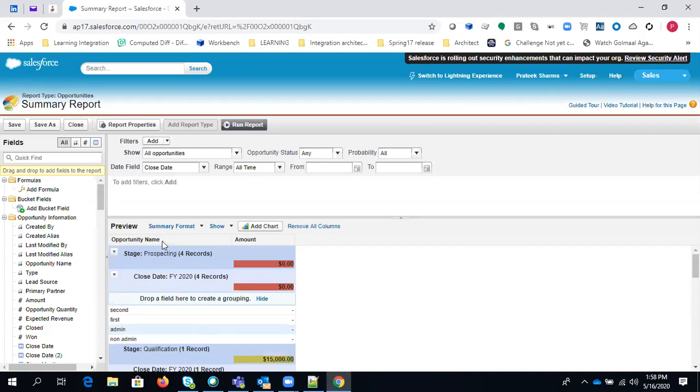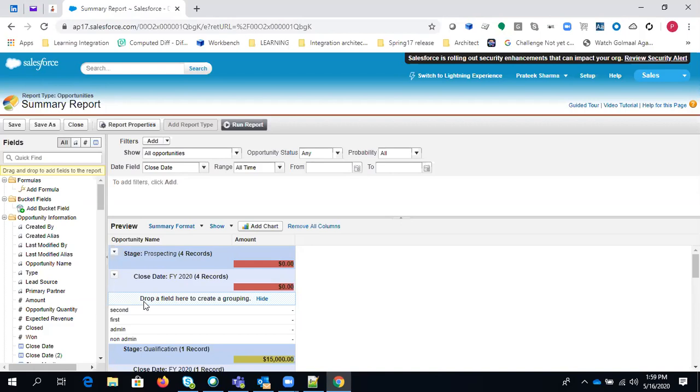I just want the data to be grouped based on rows as well as columns. Let's say I want this data grouped based on close date as a column. So here all the close dates should display, and it should show all the opportunities, and the data should also be grouped based on the rows. The column will be grouped with close date, and the rows will again be grouped with the stage and close date.